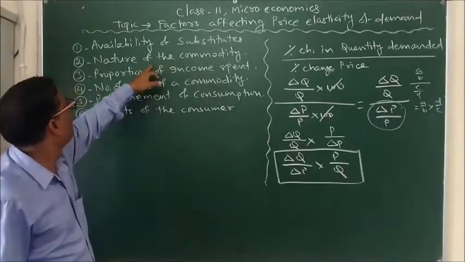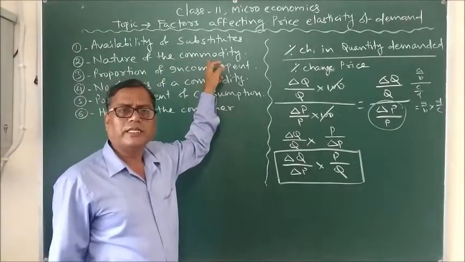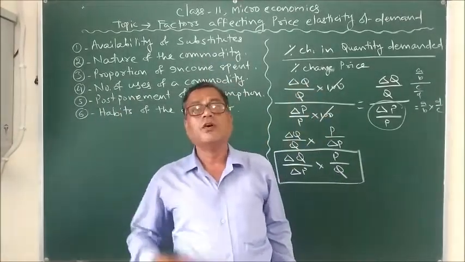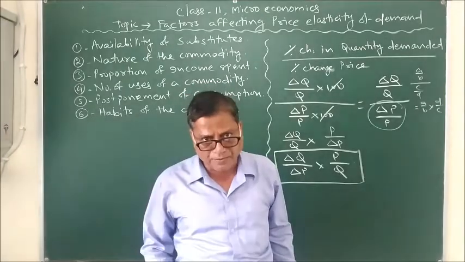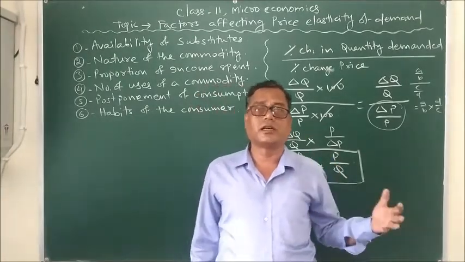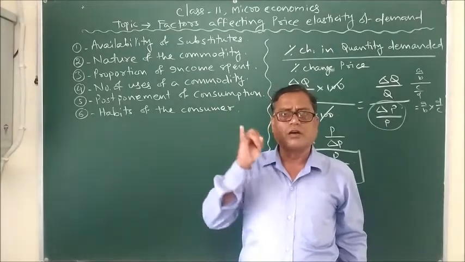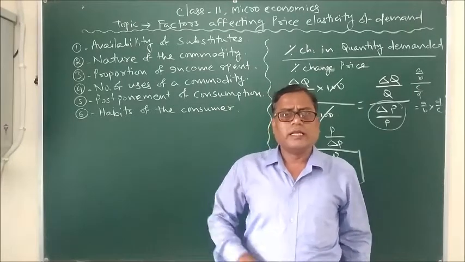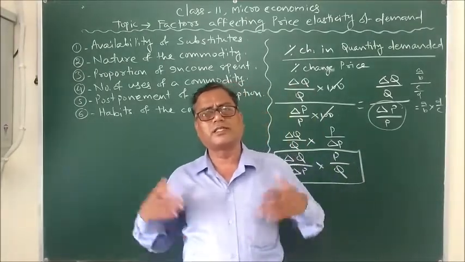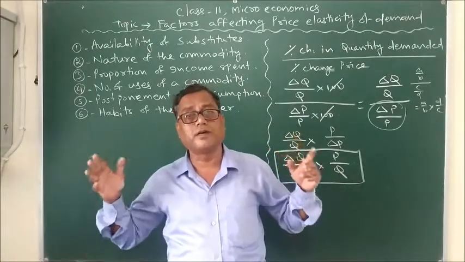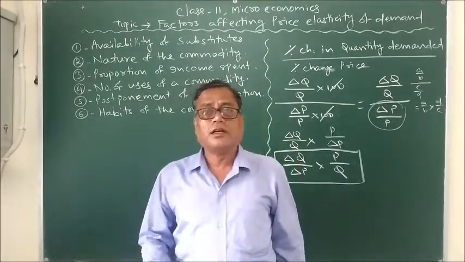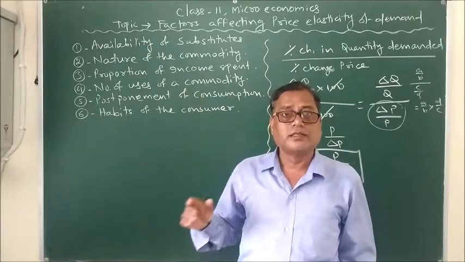Then coming to the next point, it is the nature of the commodity. When it comes to the nature of the commodity, we think about three different natures, that is, whether the goods that we have belong to the luxury category, the comfort category, or the necessity category. Three things come here: luxury, comfort and necessary. In case of luxury, if the price changes, then quantity demanded changes immediately. It means it has a higher degree of responsiveness. Thus, if the goods is in the category of luxury, then it has a higher degree